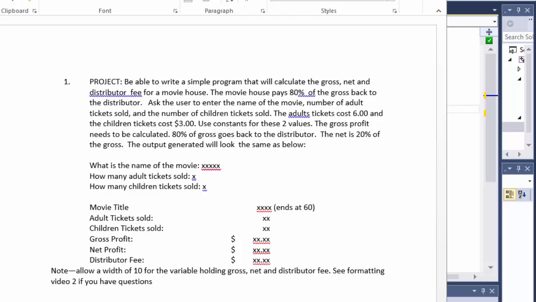The assignment simply says that we should write a program that calculates the gross, net, and distributor fee for a movie house. The movie house pays 80% of the gross back to the distributor, which means the profit is 20%. And we will ask the user to enter the name of the movie, the number of adult tickets sold, and number of children tickets